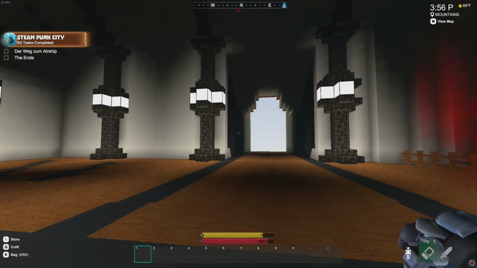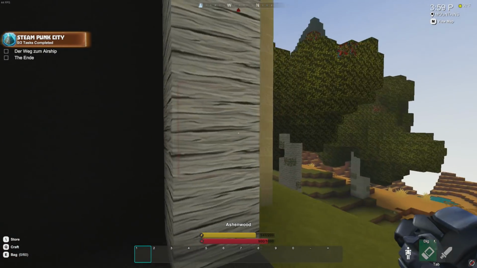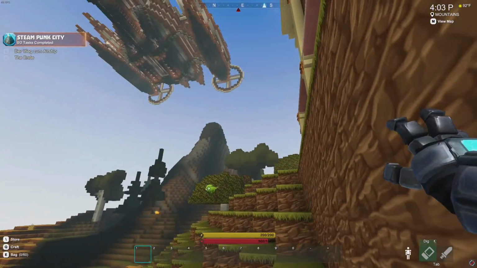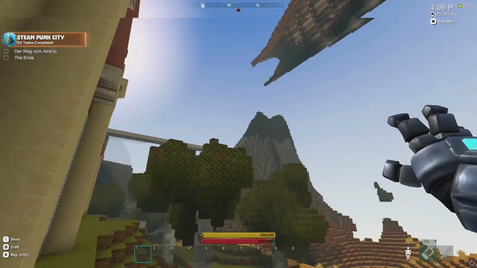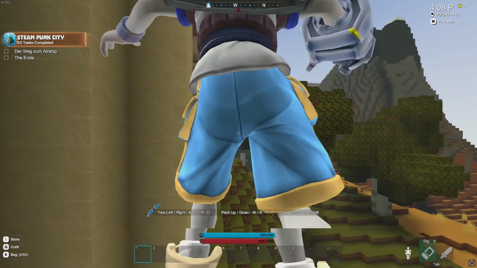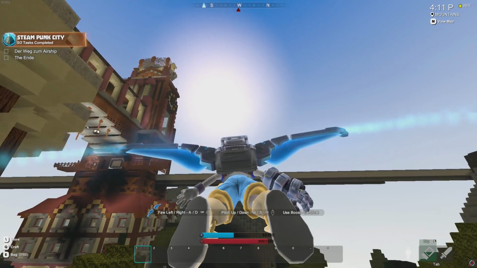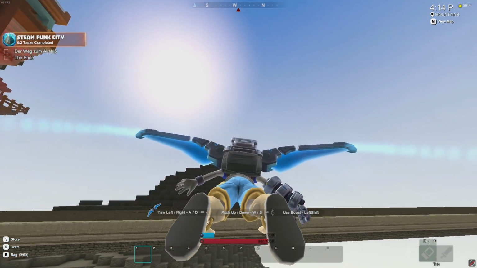Steampunk delight. Okay, we have one thing left to check out. Look at that. Add another block to the list. Casual little ashen wood. We have one more place to check out. I'm not sure how we get to it. I'm going to try and follow this ice path. I saw that it continued over towards this ship. So let's...